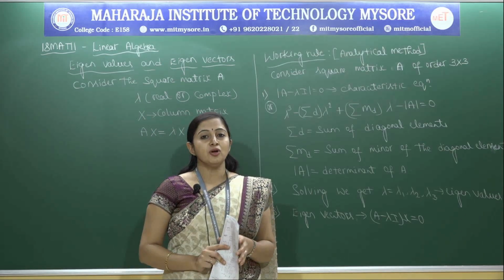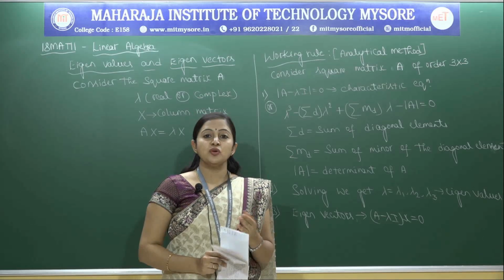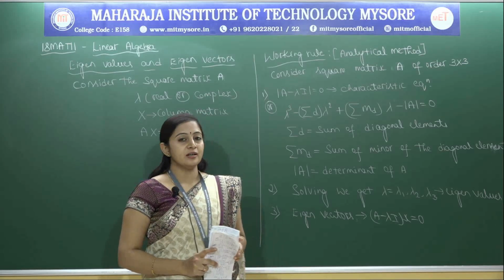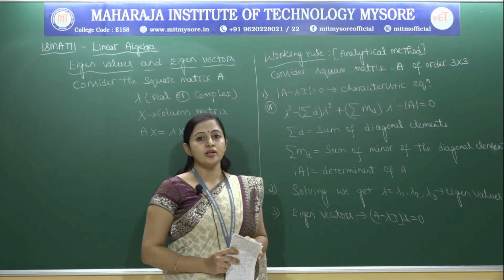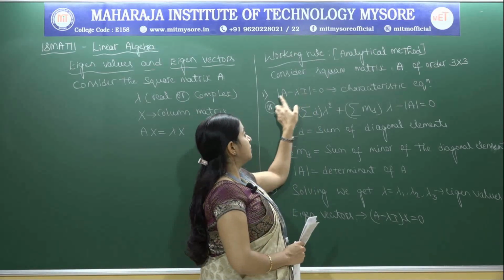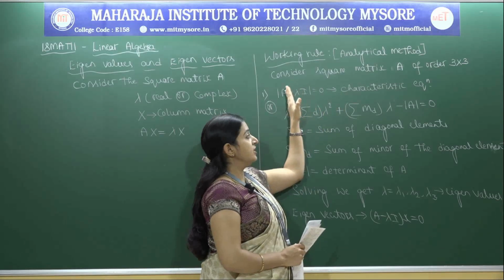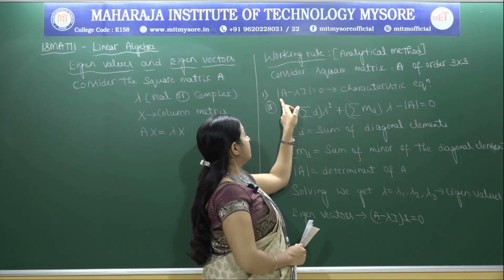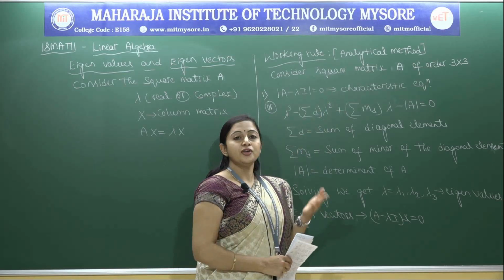To find the eigenvalue and the eigenvector to the corresponding square matrix, first we use the analytical method. So we have the working rule for the analytical method. First I consider the square matrix of order 3 cross 3. So first procedure, you have to find the characteristic equation using this formula, determinant of A minus lambda I equal to 0, or you can also